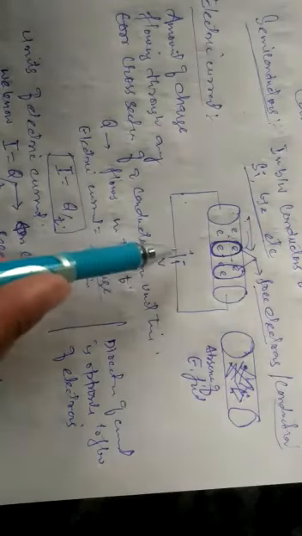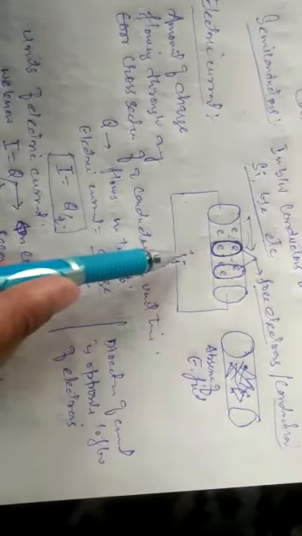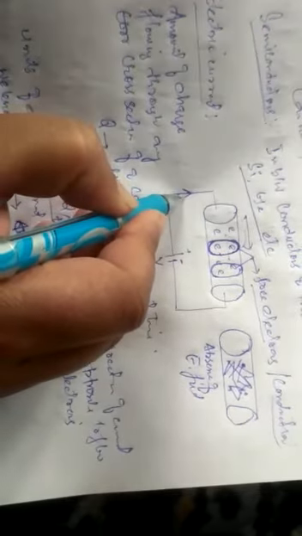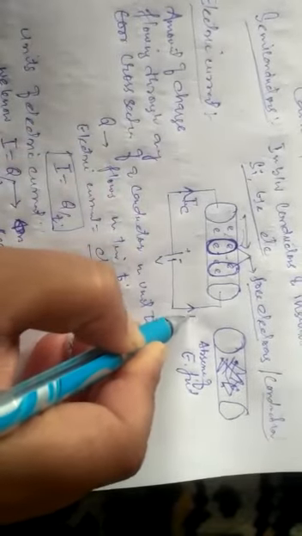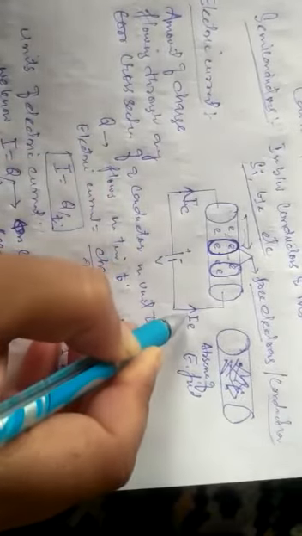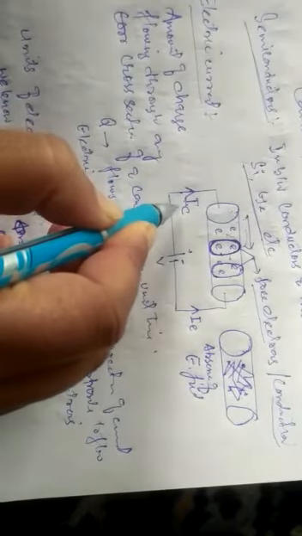So it is in the direction of the electric field. The direction of the electric field is from positive to negative. So the conventional direction of current is like this. It is I C, the conventional direction, but you can say I E is electronic current. But we always take the conventional direction of current, from positive to negative. So it is a scalar quantity, although it has magnitude and direction, but it does not obey the vector laws of algebra.